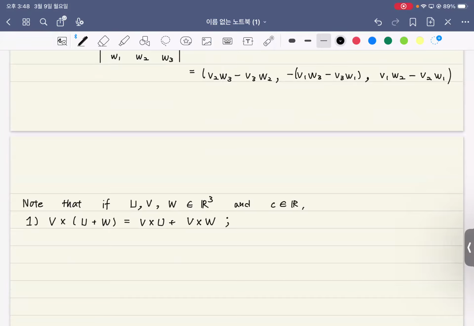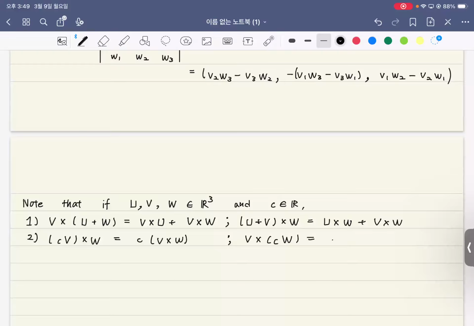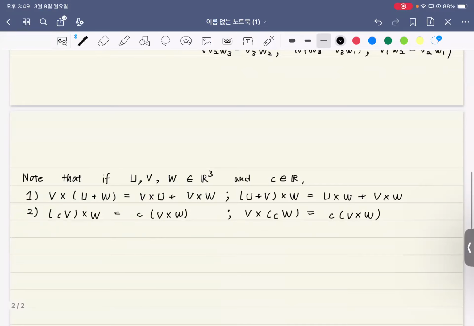And number 2, this also respects scalar multiplication: c times v cross w, and v cross c w is c times v cross w. Last but not least,